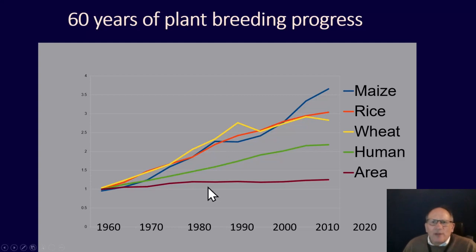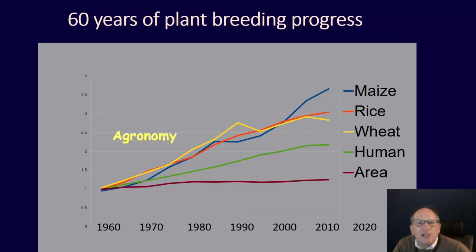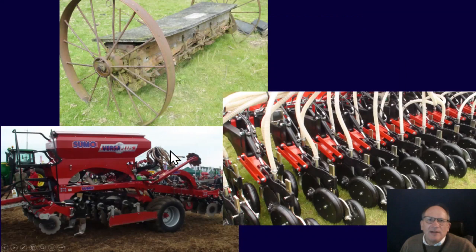What are the phases that have happened to improve this? Well, agronomy was the first phase through the 1960s and 1970s, improving the way that crops were grown. And things like that were, for example, instead of broadcasting seed, instead of throwing seed onto the land and ploughing it and hoping that it will germinate, the introduction of drills and now precision seeders that place each seed at an exact point in a field at exactly the right depth that's optimized for its growth,